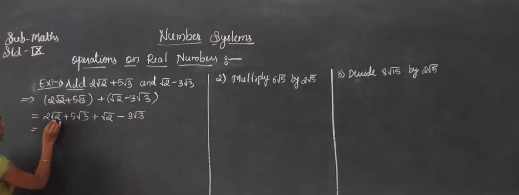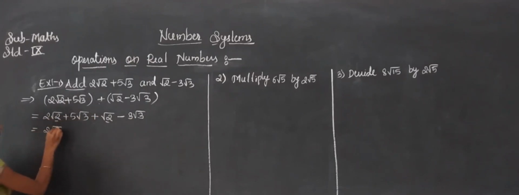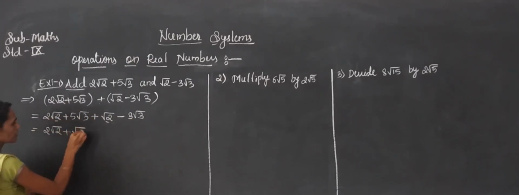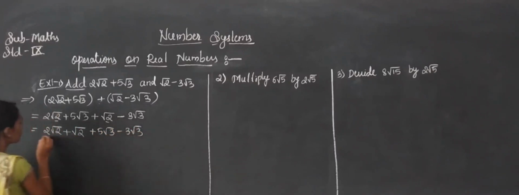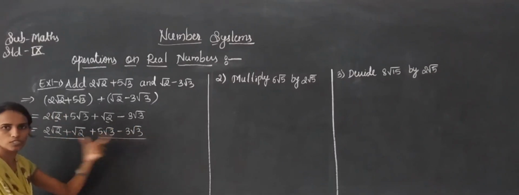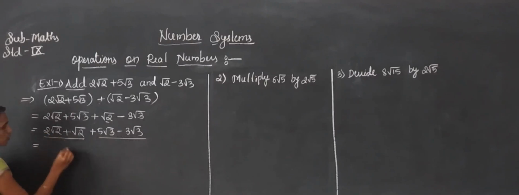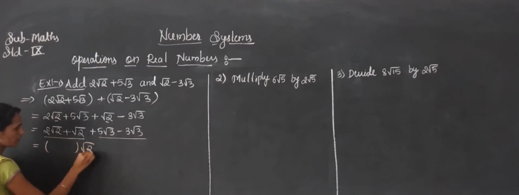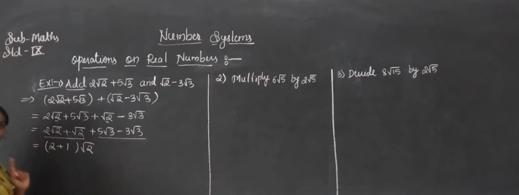So here we have root 2 and root 3. Root 2 terms you have to take one side, meaning similar terms you have to take one side. 2 root 2, then root 2 on one side. Next will be 5 root 3 minus 3 root 3. So make a group of 2 here: root 2, root 3, root 3. Similar surds here. In between these two, what is the common? Root 2 is common between these two, and here 2 remains and here 1 remains. The coefficient of root 2 is 2 here and the coefficient of root 2 is 1 here.